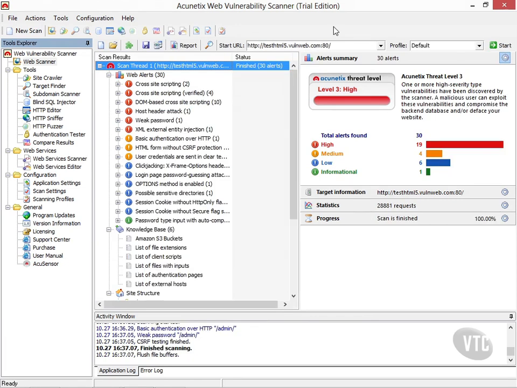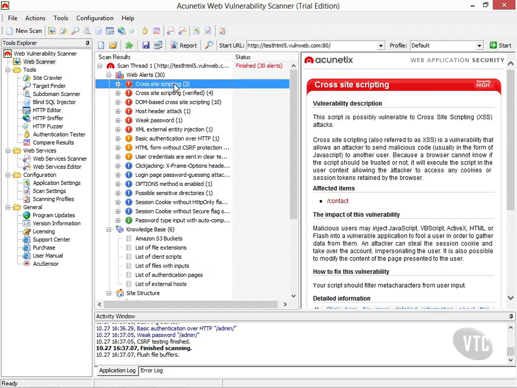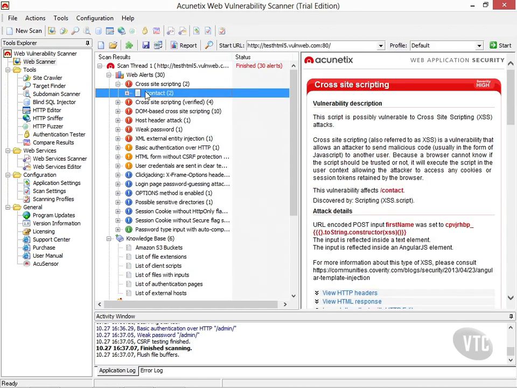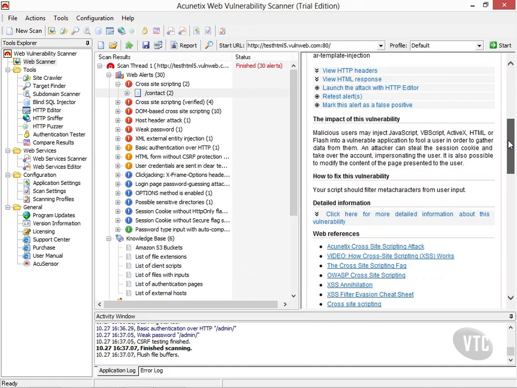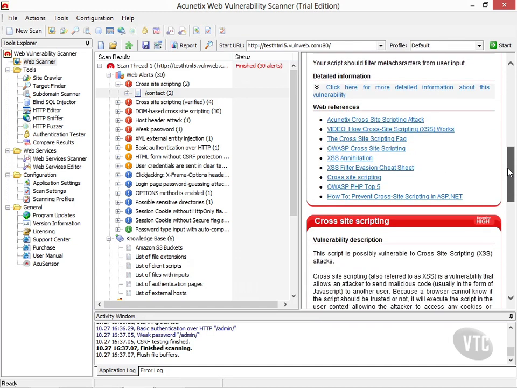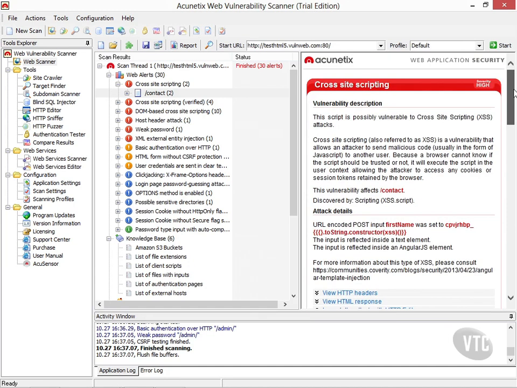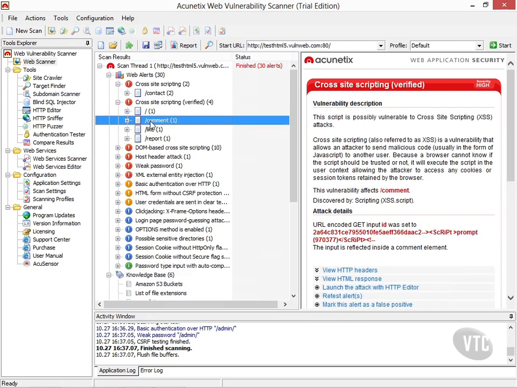Okay, Acunetix has finished scanning Acunetix's test website, which is vulnweb.com, and it gave us about 30 alerts, which is a lot less than what we had with BadStore. Let's look at some of these and see what we get. We get some cross-site scripting vulnerabilities here that are confirmed, and it shows you how you could conduct a cross-site scripting attack against this particular website. Again, this is just to show you what can be done to an unsecure website. This is not an actual production website, but it tells you what you could possibly do to conduct that attack. You have some other cross-site scripting attacks here,